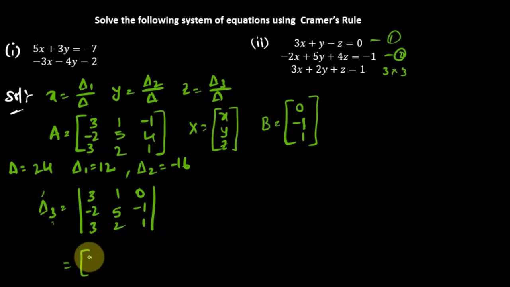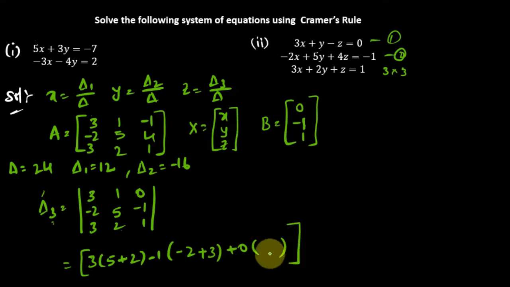Same. First 3 into the corresponding row and column. So 5 ones is 5, minus 2 ones is 2, minus of minus, again this will become plus 2. Then for this I should keep a negative sign, minus 1 into, if I close the corresponding row and column, I am left with this 2 cross 2 matrix. The determinant of this is minus 2 ones is minus 2, minus 3 ones is 3, already the minus sign is there, so I will get plus 3. So at last 0 into something, anyhow we will get 0, so no need of writing that, but in an exam you should write it. Here I am not writing.